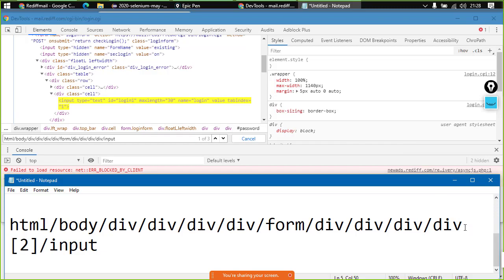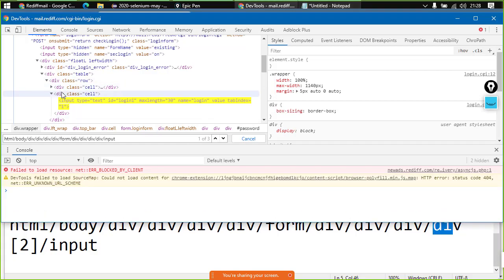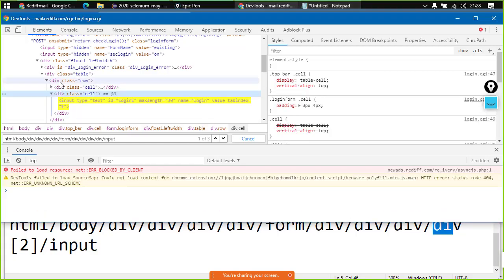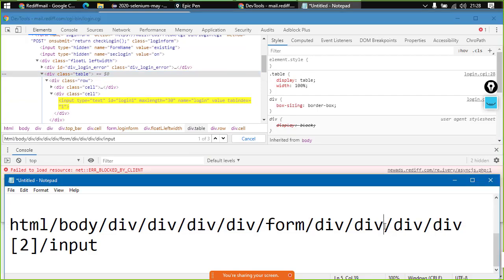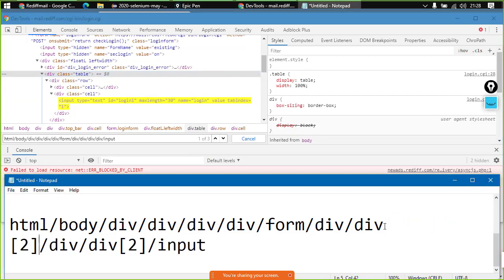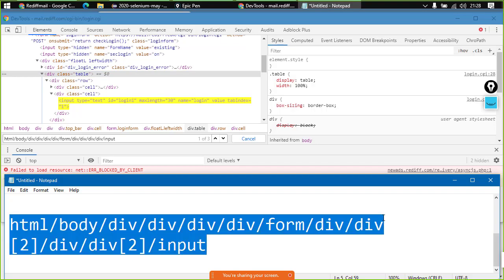Now over here this div tag is retrieved, but this div tag is inside the first div tag, so we need not specify. This div tag is the second div tag again, right? Let us just try getting this XPath,